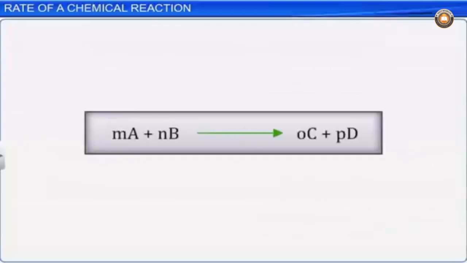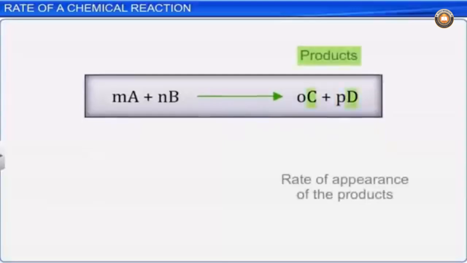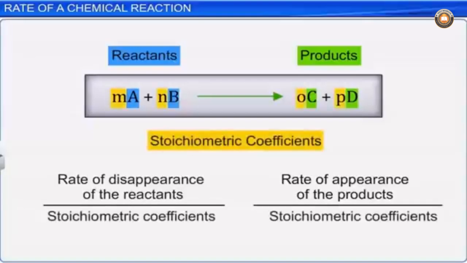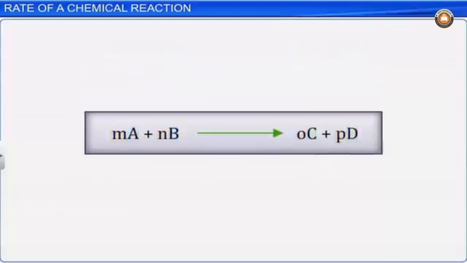Let us now consider a generic reaction, where the stoichiometric coefficients of the reactants and the products are different. Let's say m moles of A react with n moles of B to give o moles of C and p moles of D. We divide the rate of appearance of the products and the rate of disappearance of the reactants by their respective stoichiometric coefficients to get the rate for the overall reaction. The rate of chemical reaction in this case is given as